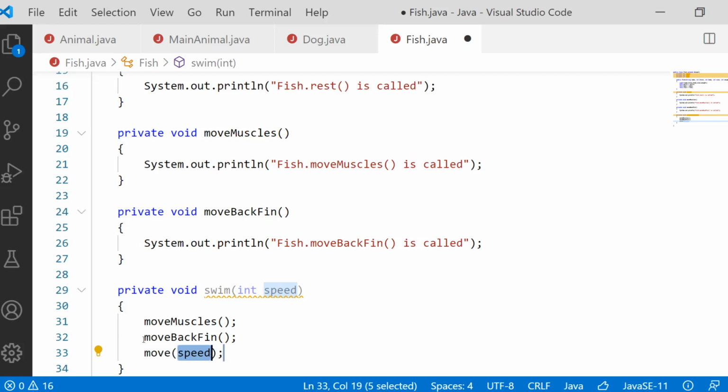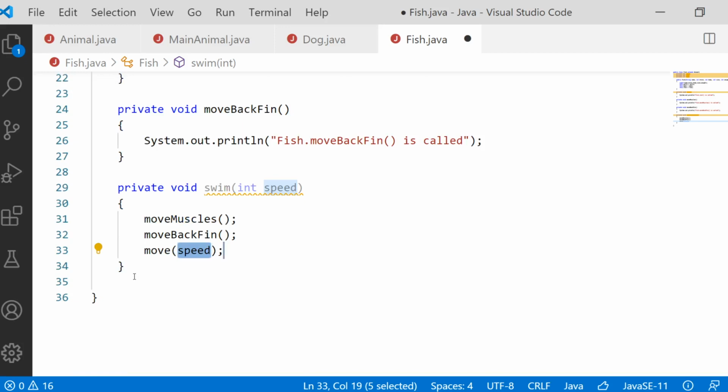If the own class also has an overriding method for move, then you definitely have to use super. Because when its own class has an overriding method called move, then if you simply call move of speed, it will call its own move method. It will not call the super class. So when the same class has an overriding function for the same method, then you have to use super and call the method.